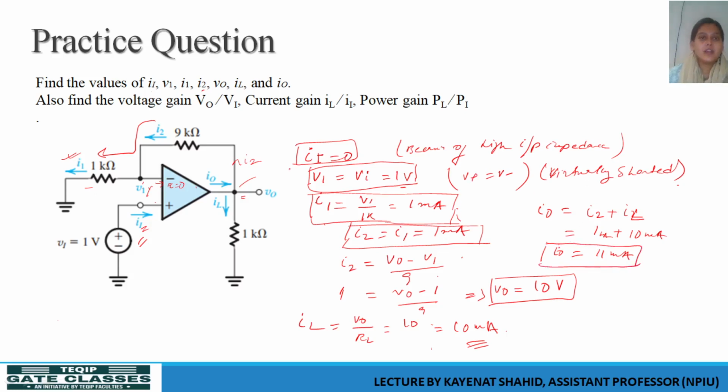Okay. Next thing is to find out VO, VI, IL, II, and PL, PI. So VO by VI, as we know, is what? This is a non-inverting amplifier, so it will be 1 plus RF by R1, okay, into V1. What is V1? It is 1 volt. So this is 1 plus 9, 1 into VI, V1 is 1 volt, that is 10. Okay, so this VO is 10 volt,